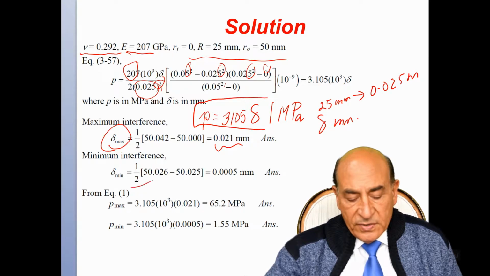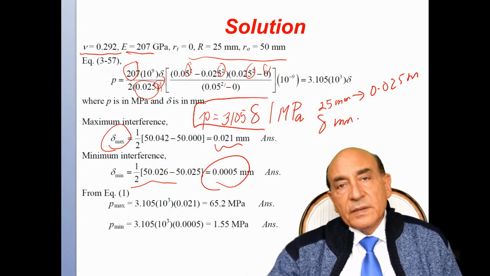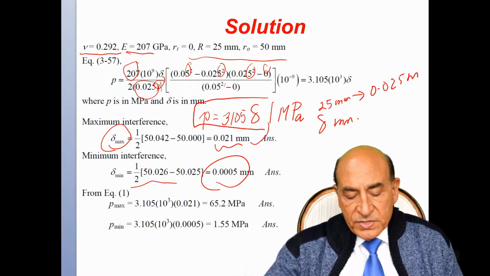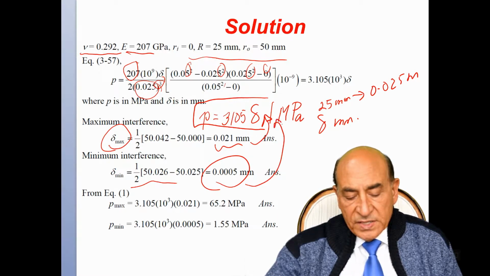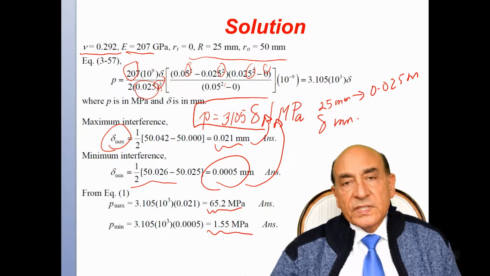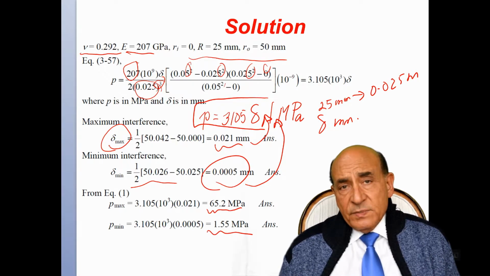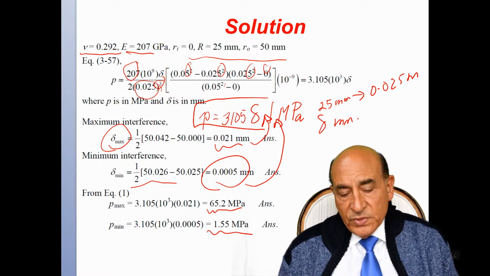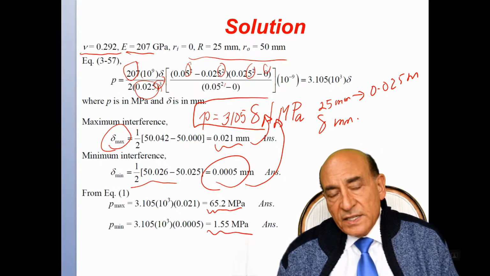So with that, we can now use the lowercase delta max, the maximum value of interference, and the minimum value of the interference, as we mentioned before. And we're going to use these 2 values, substitute into this equation here, and get 2 values for the pressure. For the maximum value of the interference, the pressure that's computed according to these calculations is